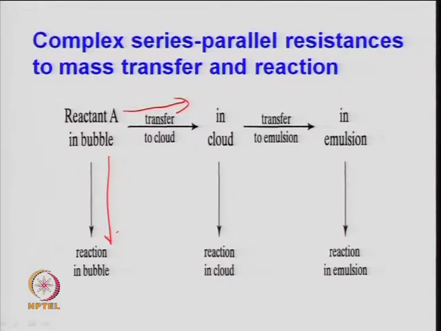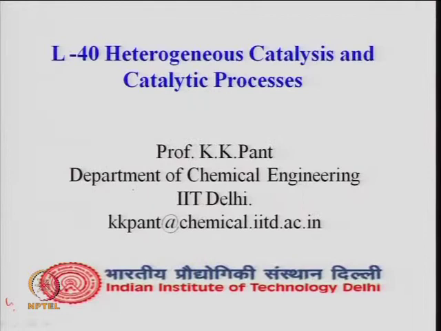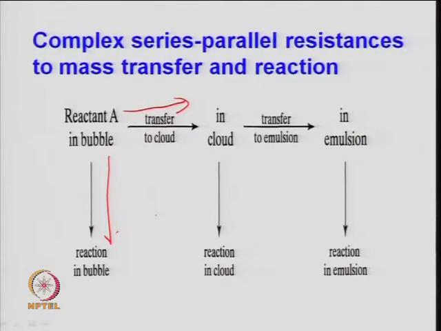So, if you look at the total mass balance, moles of A, or reactant A, which is transferring partly to the cloud phase and the rest is reacted there. Since the concentration of the solid here is low, this reaction will be low. So, this is what is discussed here, that there is a transfer. So, this is the cross flow transfer, right, from the bubble to emulsion which is in the 2 phase model, and the same thing here in between because there are solids present, a fraction of solids present. So, there will be a reaction, a catalytic reaction.